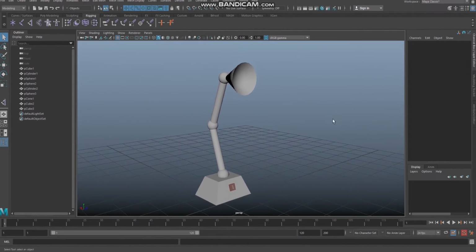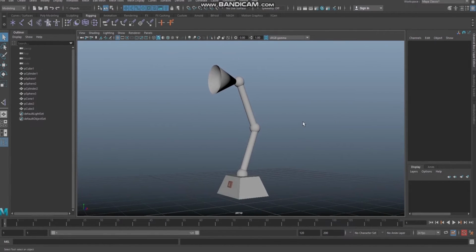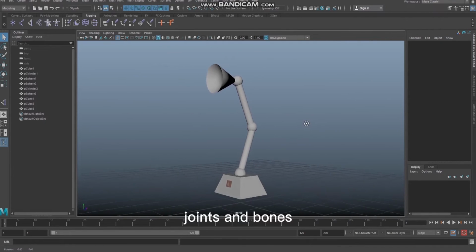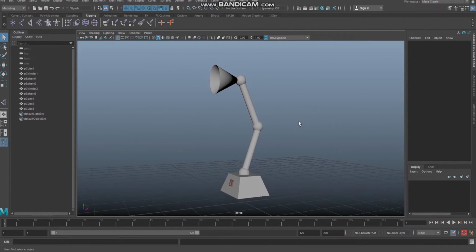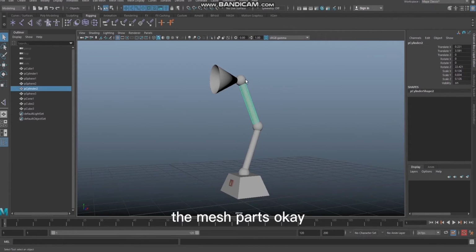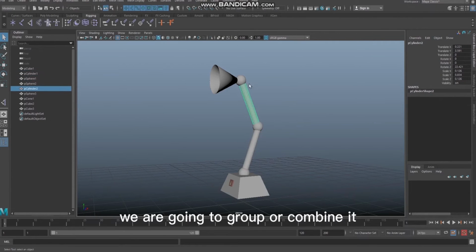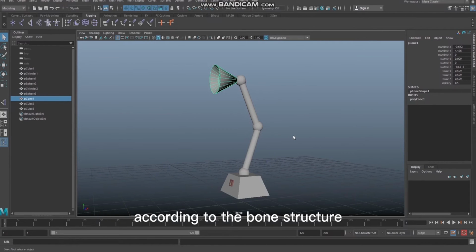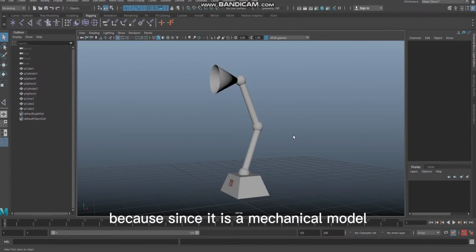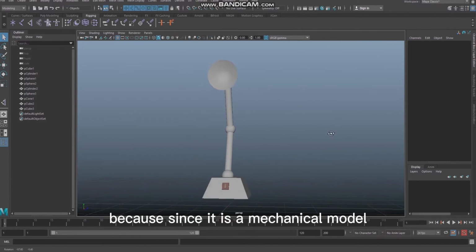And now we are going to create joints and bones, and after that, based on the bone structure and joint nodes, we are going to combine or group the mesh parts, okay. We have many mesh parts here. We are going to group or combine it according to the bone structure, because since it is a mechanical model,